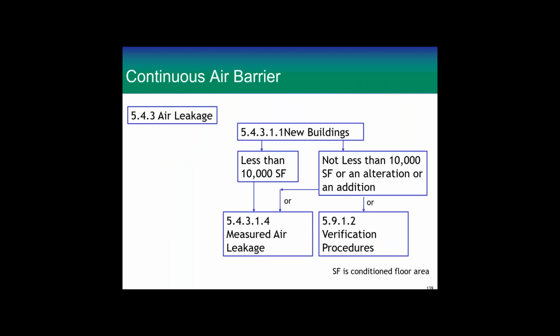Continuous air barrier. So this is another one of those flow sheets that I'll walk you through. But again, they're to make it simple, but there's always a little something to them. So it's for new buildings. If the building is less than 10,000 square feet, coming down this way, you've got to measure the air leakage. So a door test or something like that. If you've got a new building that's not less than 10,000 square feet or an